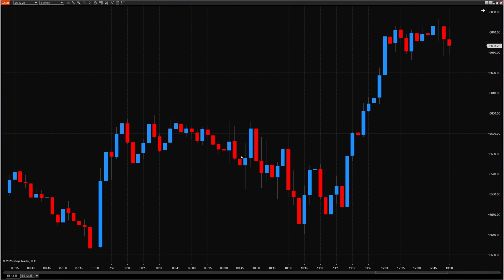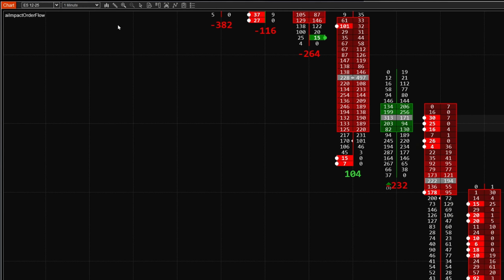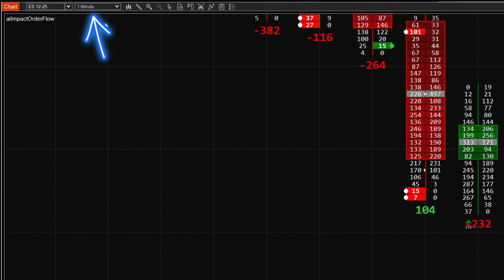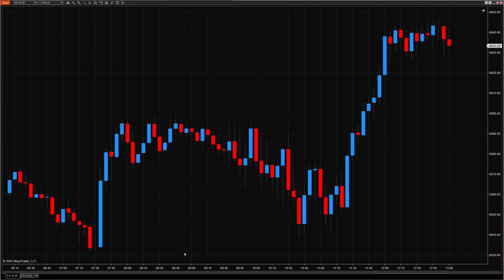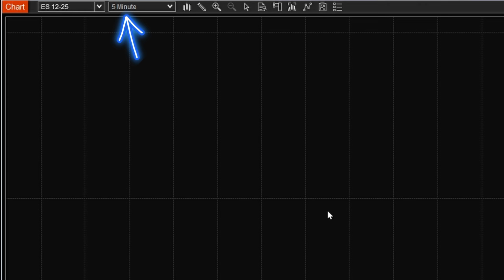Step number one, we need to identify the double bottom pattern. Now, here's a little pro tip real quick. When we're trying to spot the potential double bottom pattern, we want to look at it on a higher time frame than the time frame that we're trading. For instance, when we look at the footprint charts, I'm going to be using a 1 minute time frame chart. However, to spot the double bottom patterns, I'm going to be using a 5 minute candlestick